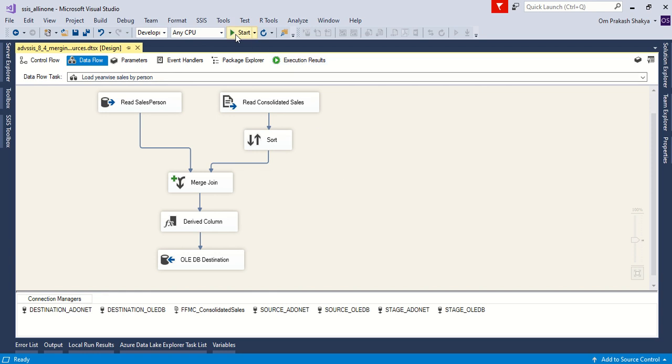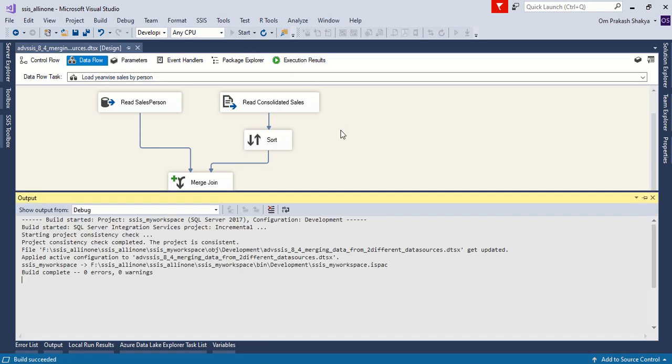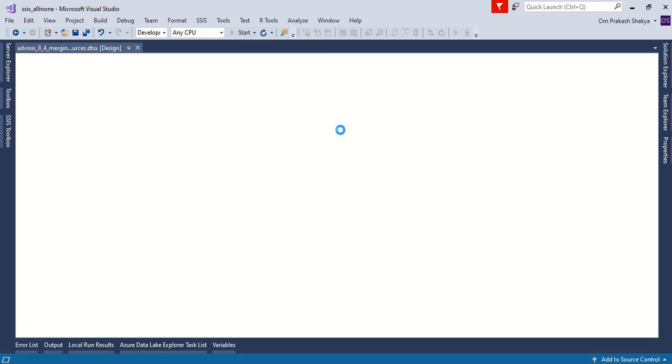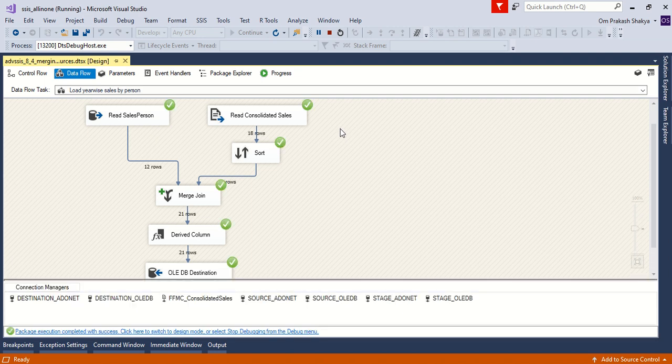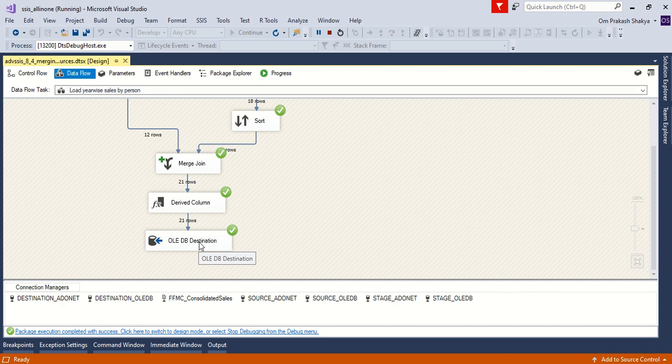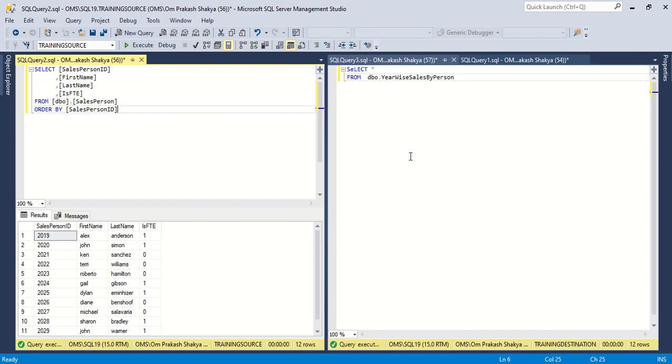So let's execute this package. Yes, you can see that it is reading the data from the database and also from the flat file. It is sorting, it is merging the data, and it is deriving the column and loading into the destination. So let's look into this